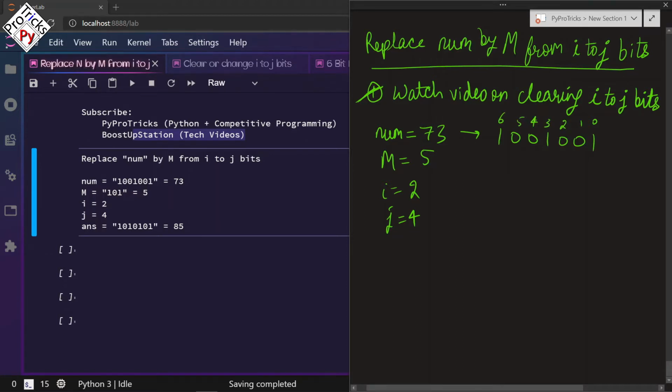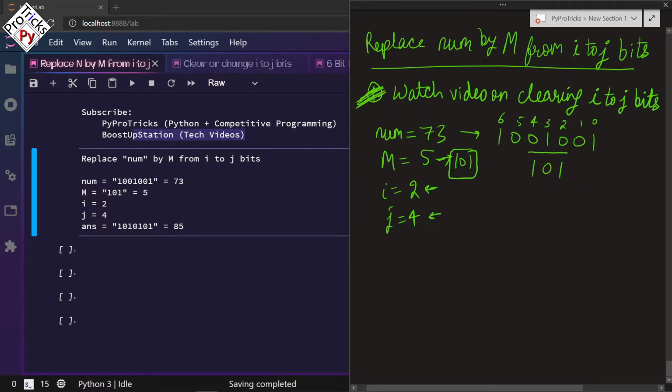These are the positions of I and j. We have to place 5. The representation is 1, 0, 1. And we have to place it from I equal to 2 to j equal to 4. So this is the place where we have to place, and it should be 1, 0, and 1.